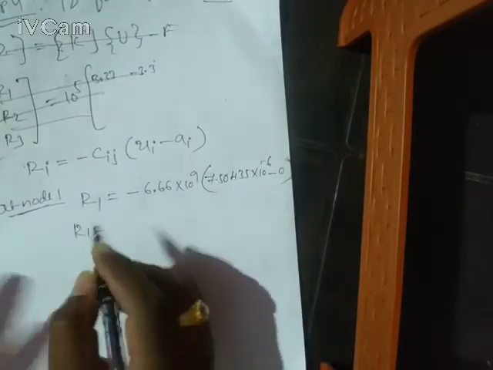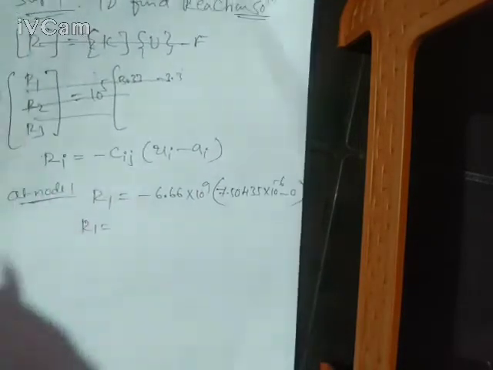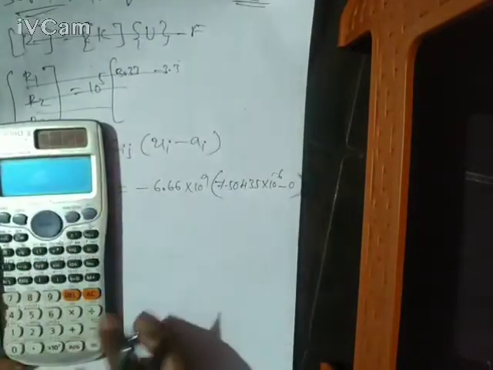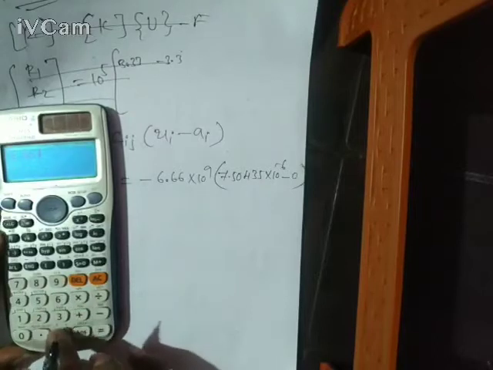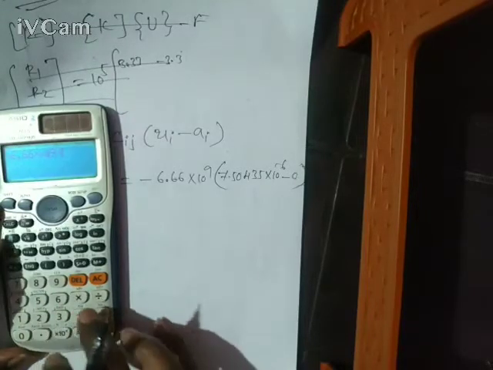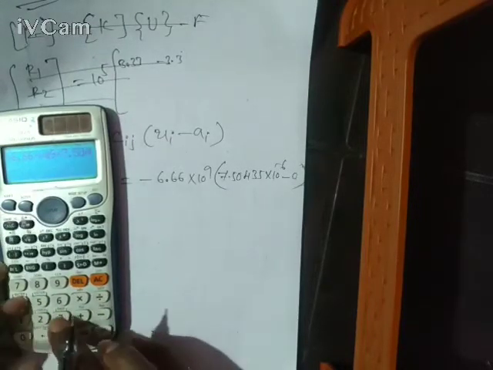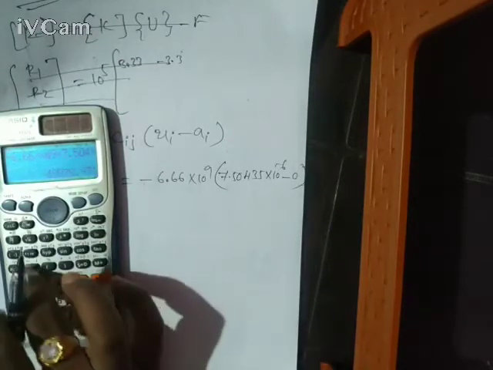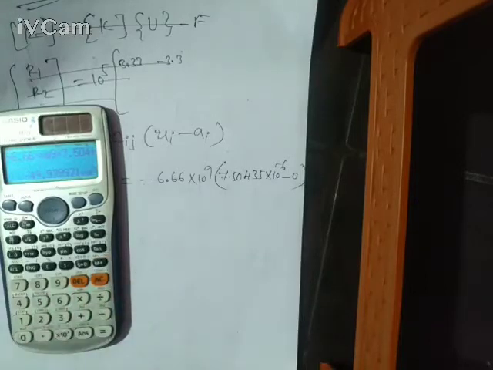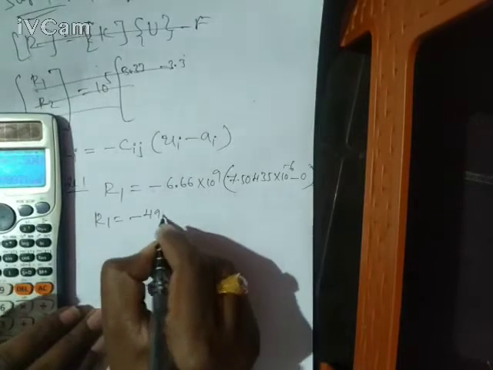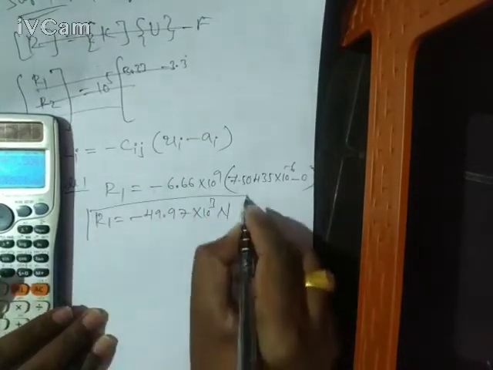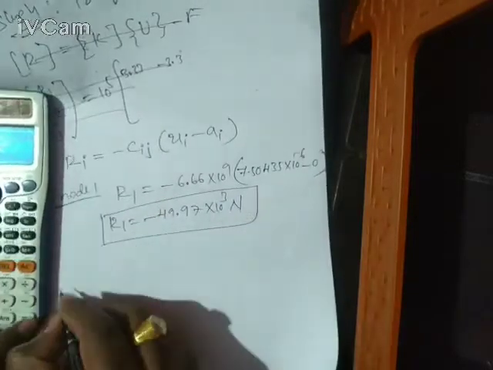So what is my R1? Let me calculate this. Minus 6.66 into 10 to the power 9 into 7.50435 into 10 to the power minus 6. So my reaction value is minus 49.97 into 10 to the power 3 Newton. Okay. Similarly, at node 2,